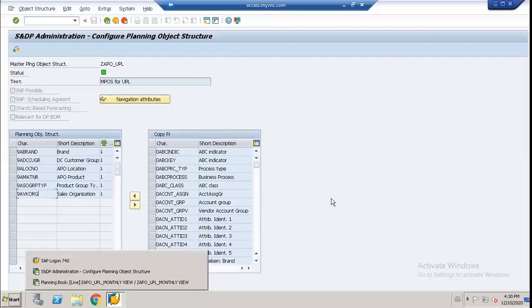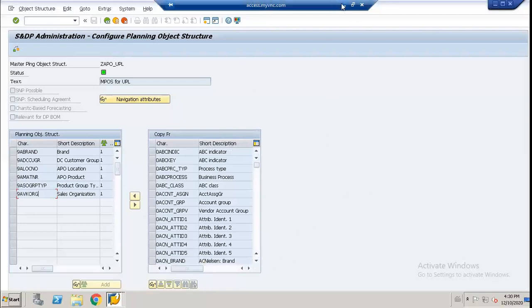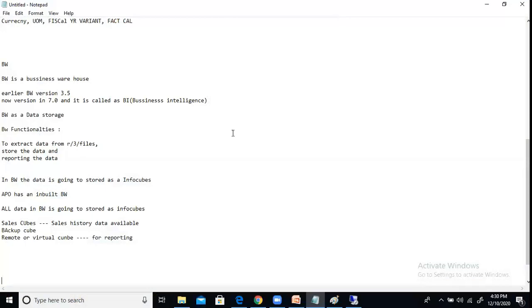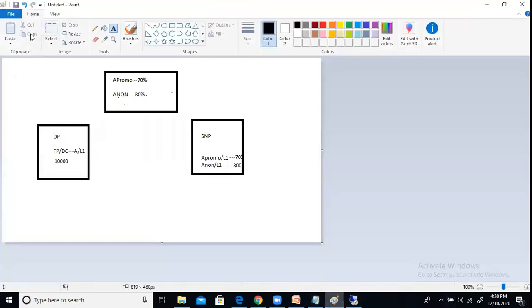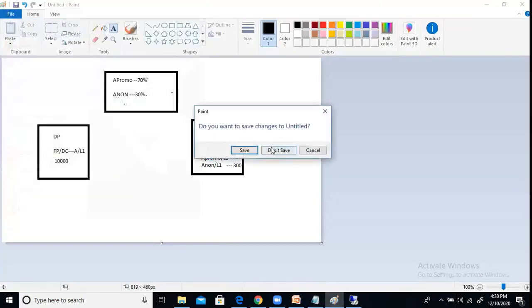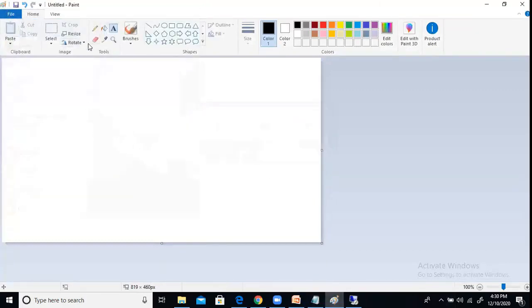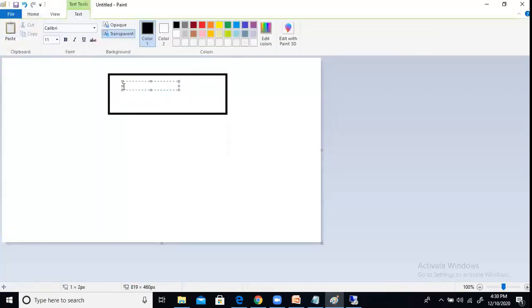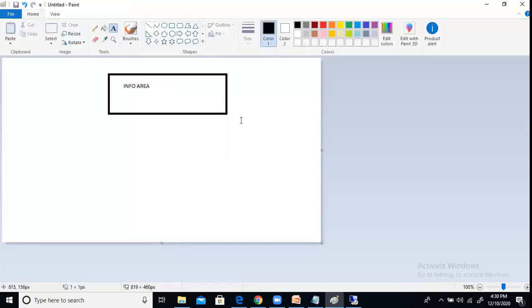First of all, to create these manual characteristics and key figures, the first thing is, we have to create an info area. Under this info area, we have to create